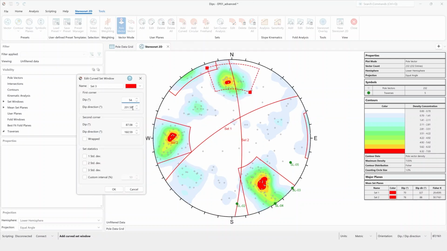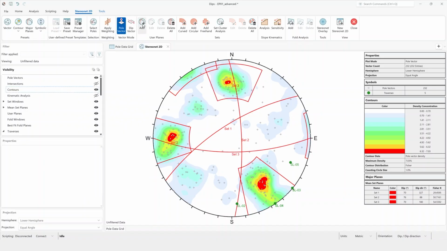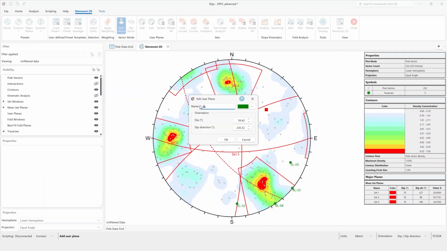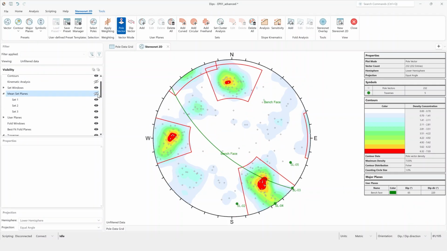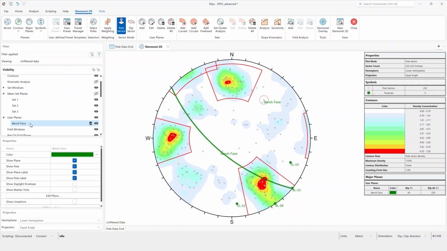Aside from sets, arbitrary user-defined planes can also be added to the Stereonet. In this example, I'll add a plane that represents the bench face. Various visibility settings can be managed in the Visibility and Properties pane. For example, I'll turn off all mean set planes visibility and turn on the visibility of the bench face user plane's